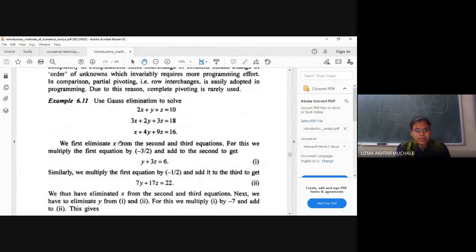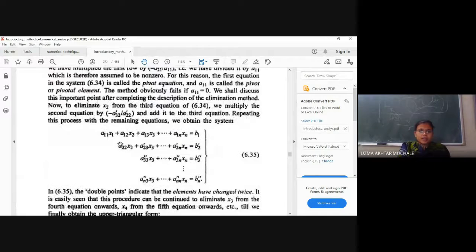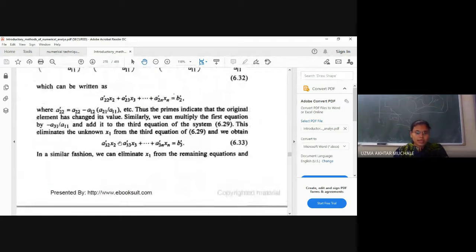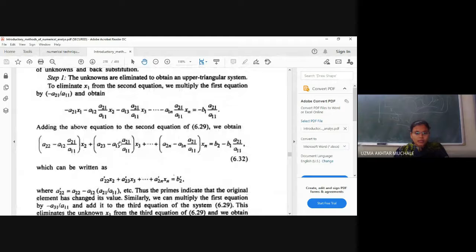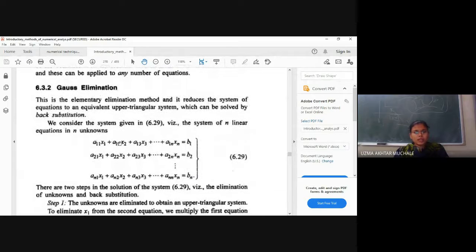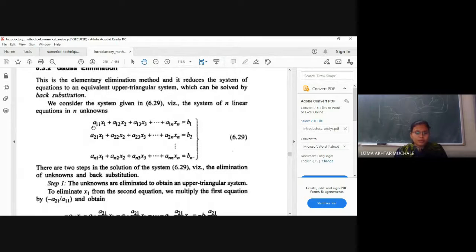The theory of this method is very complicated to understand, so I am going to give you an example and solve it. With the help of an example, you can understand how to eliminate the terms, and it is very easy. In the theory you don't know the values of Aij, like A11, A12 and so on, so you cannot write down those values. That is why it is somewhat difficult to understand the concept in theory.